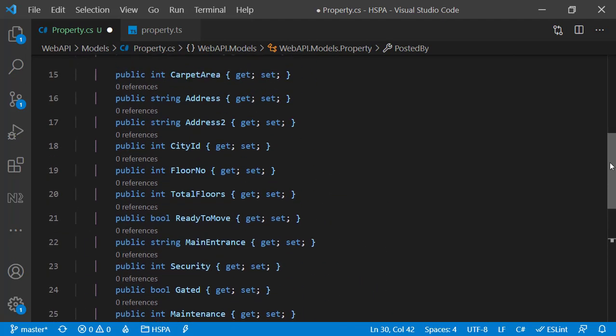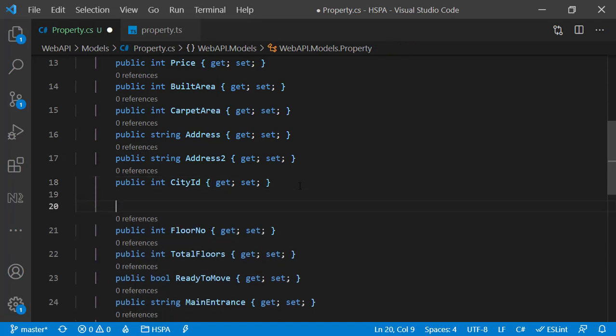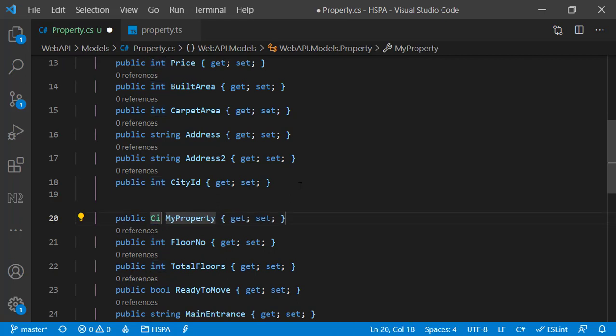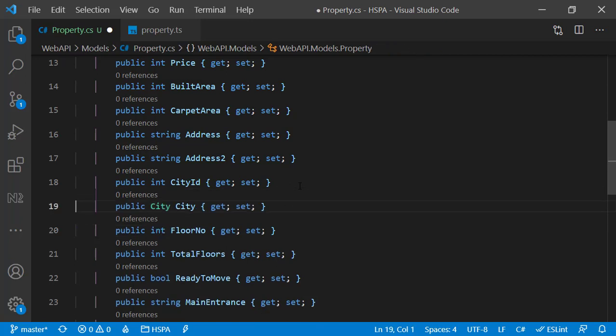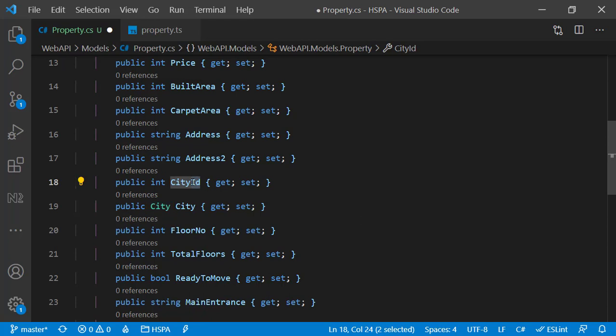So we already have city entity, and to define the foreign key relationships between the property and city entity, we need to add navigation property here like this. It should be the type of class to which we want to set the relationship. And if we have a navigation property, entity framework will look up the field name excluding the ID in that name, and if it matches with the navigation property type name, entity framework will create a foreign key relationship on that field. That is why naming conventions are important here if you do not want to get into the hassle of setting relationships between different entities manually.